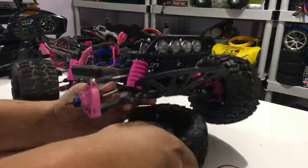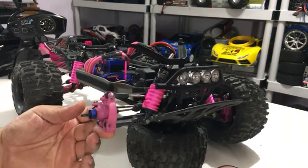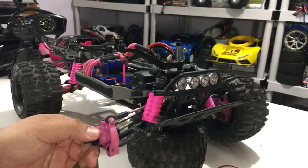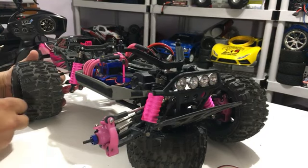I'll probably get pink nuts for this. As you can see, pink RPM parts that the people are looking at. Steve says, besides different body to change the looks there, not much that you can do. You haven't upgraded. Very true. I mean, I believe